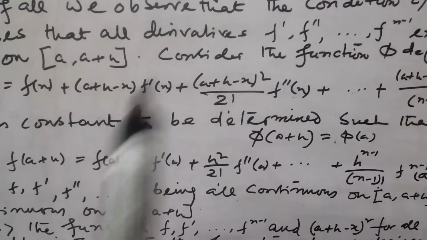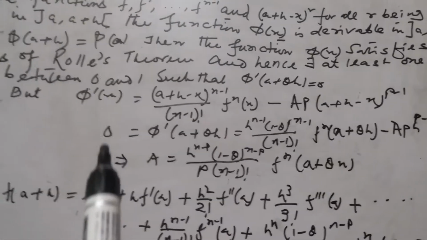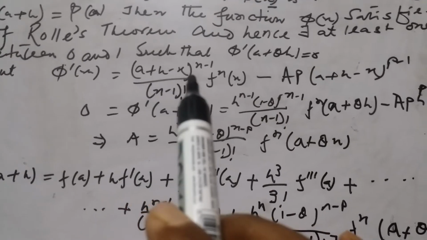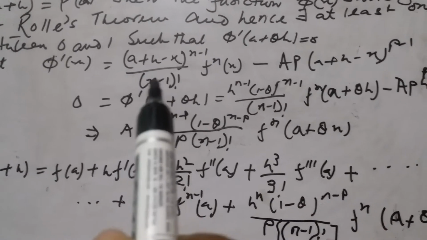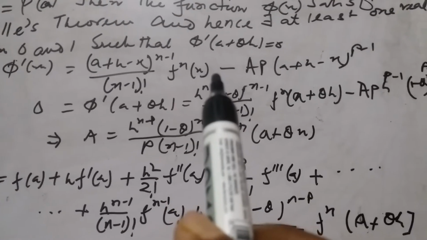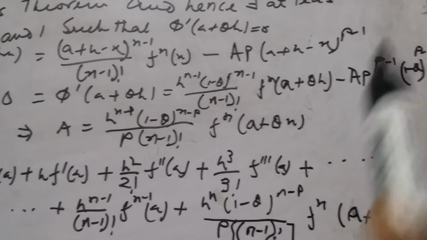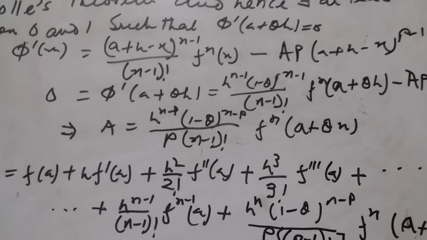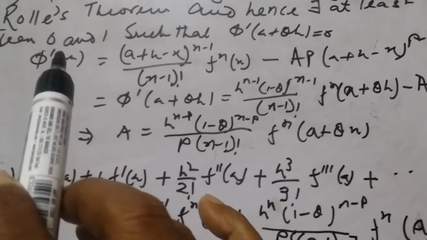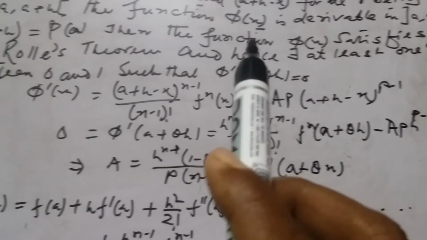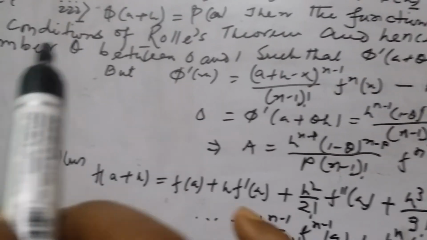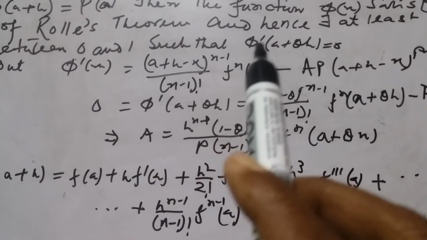In this way, after cancelling terms, we get phi'(x) equal to (a+h-x) to the power n minus 1 by n minus 1 factorial f^(n)(x) minus lambda p (a+h-x) to the power p minus 1. So for phi', there is at least one value of theta between 0 and 1,